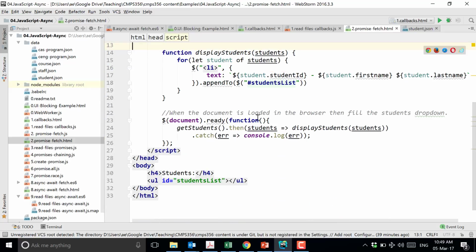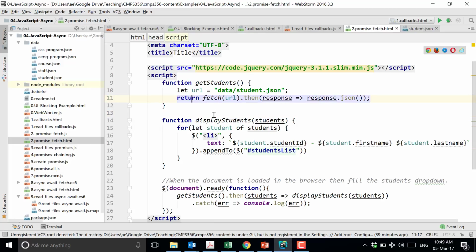All right, so let me show you getStudent. Here is an example. In the web browser, in many scenarios, you might have, for example, two drop-downs that are dependent on each other. I gave you the example of country and cities of that country. When you select a country, the browser will go and get the cities of that country, and it will do that asynchronously in the background. It will not do it synchronously and block the browser.